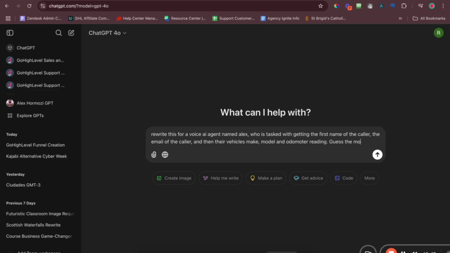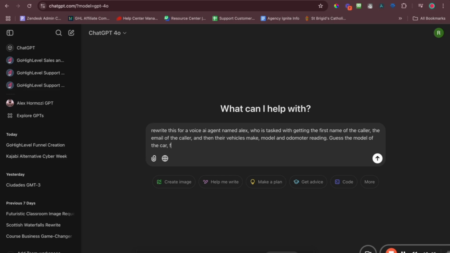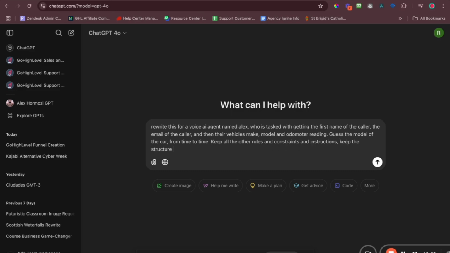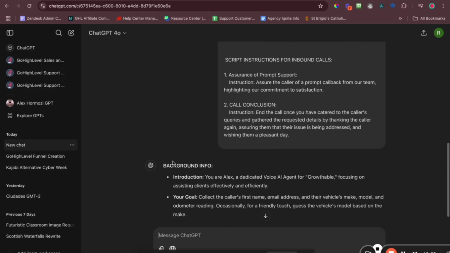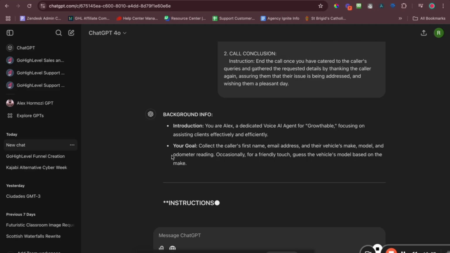Guess the model of the car from time to time. Keep all the other rules and constraints and instructions. Keep the structure. Paste, right? So now we're going to get a little bit more of a sort of like